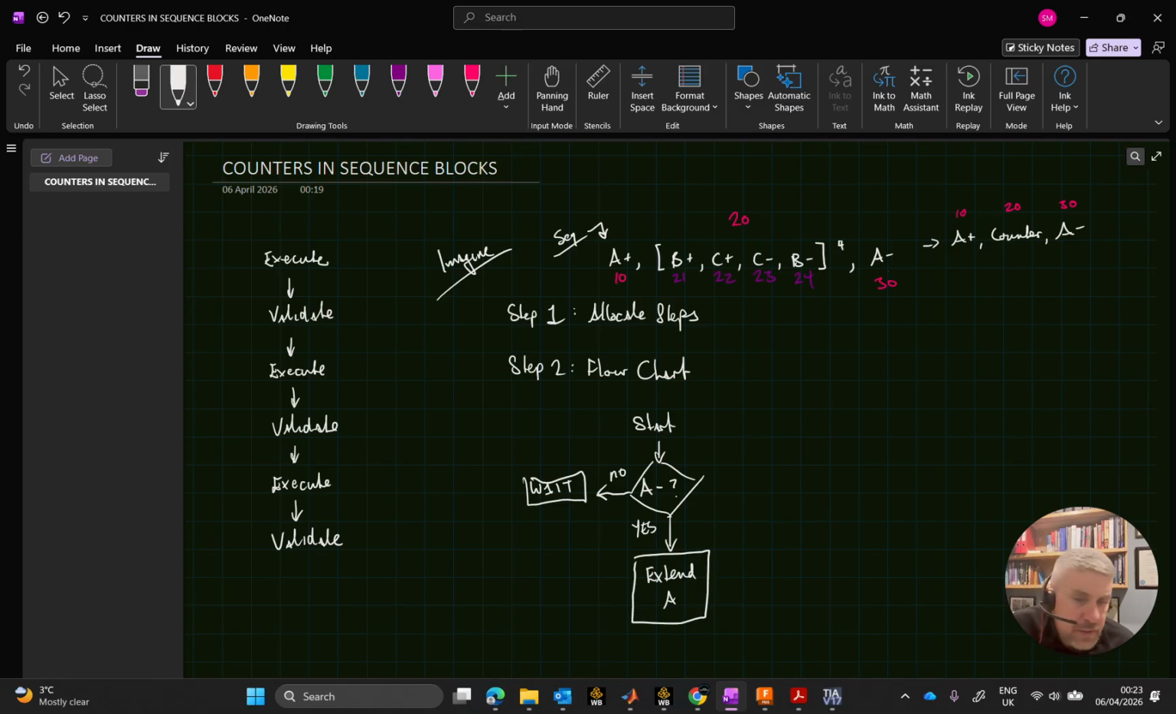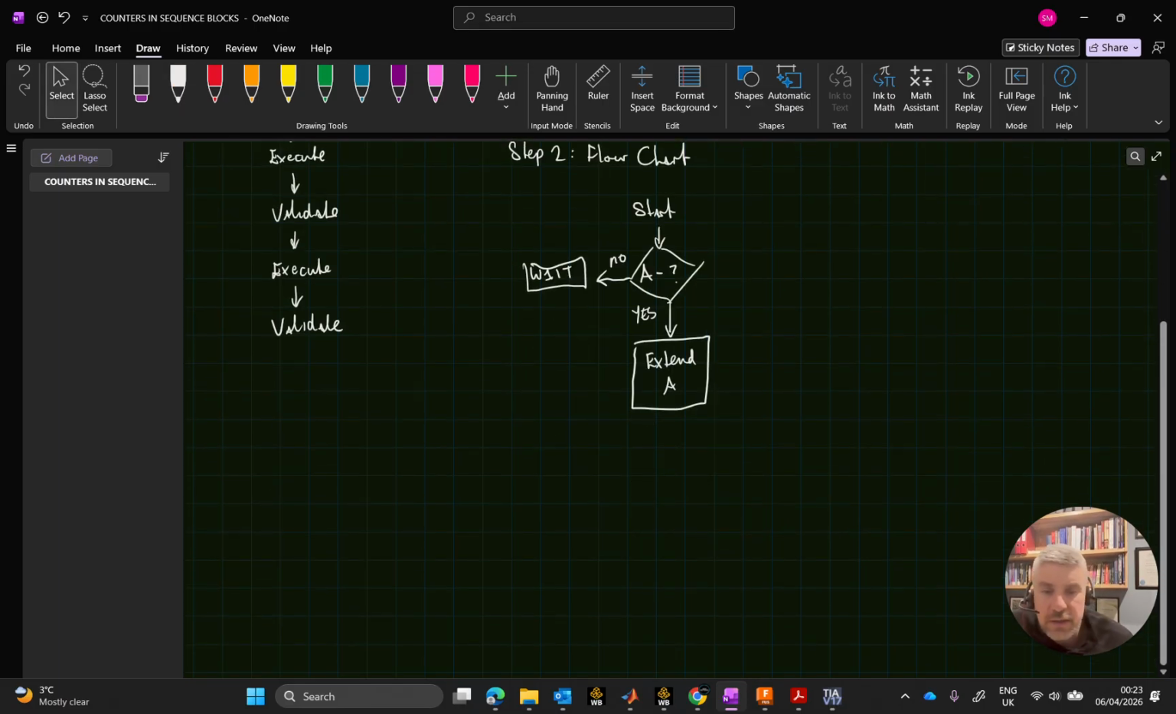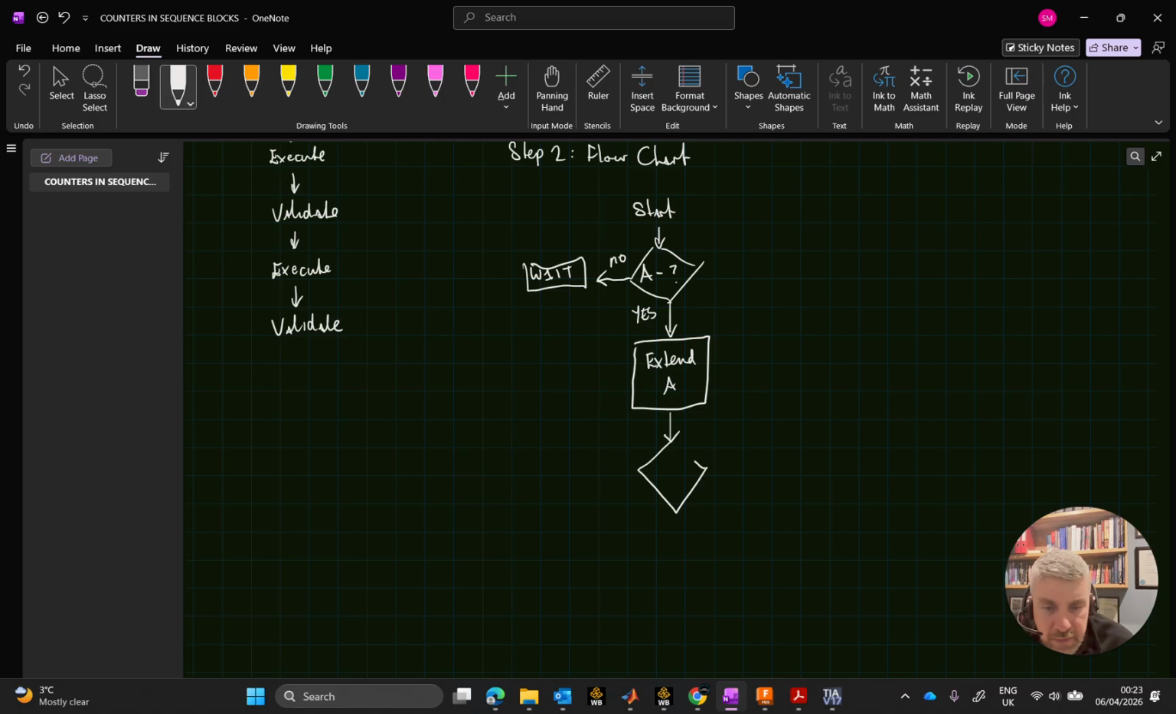A plus. So that's the execute. Now I need to validate that. I have to ask, is A extended? Is A plus? If the answer is no, then the instruction is to wait. If the answer is yes, I proceed on to step